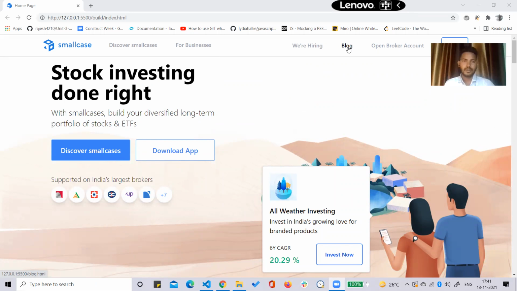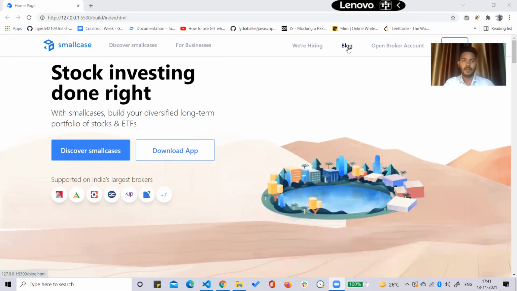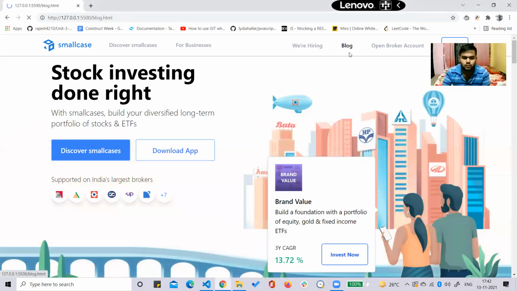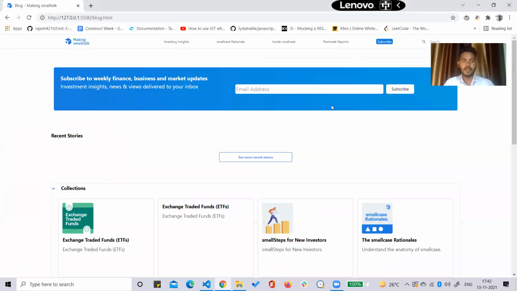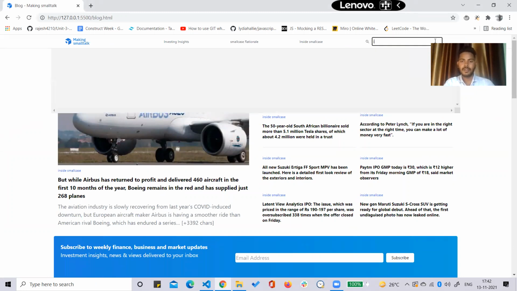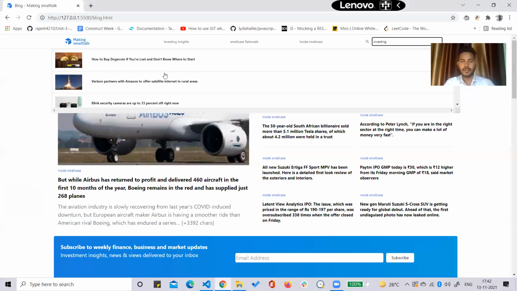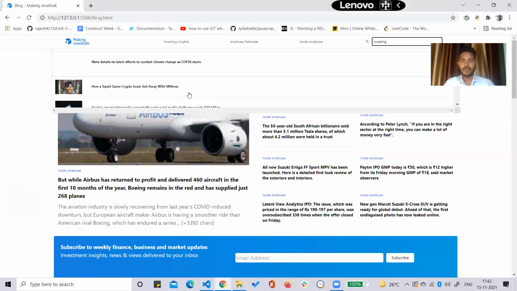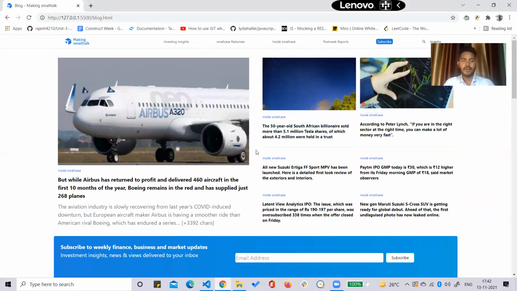Thank you, Shivam. We have also made the blog page linked in the navbar, where users may learn about the latest stock news and invest smartly. We have also made a search engine in the navbar, where users can search for related topics they may want to know about. More information on the login and sign up process will be explained by Rajesh.